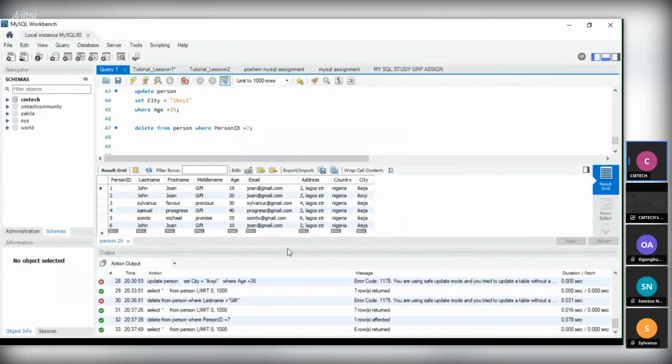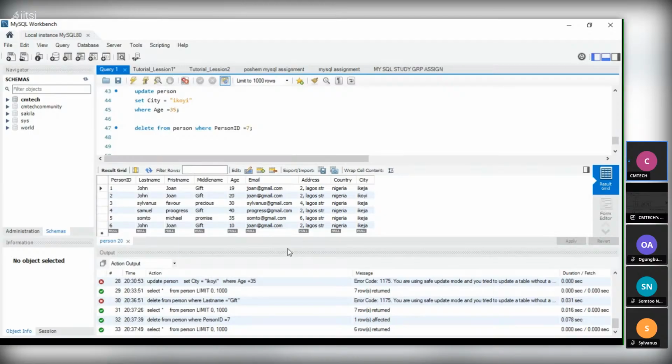So alias is used most times when you might be working on large data sets. Maybe you don't want to always call, for example, someone's middle name, which is very long. You can just give it an alias as a temporary name.